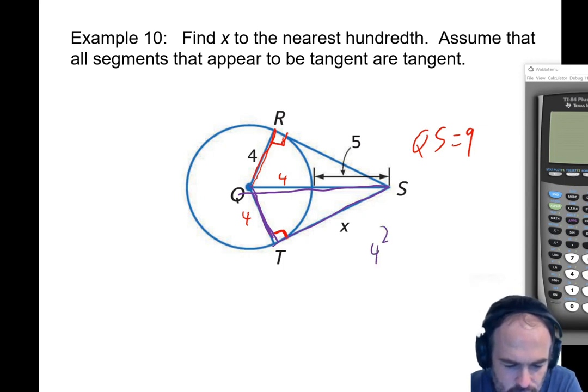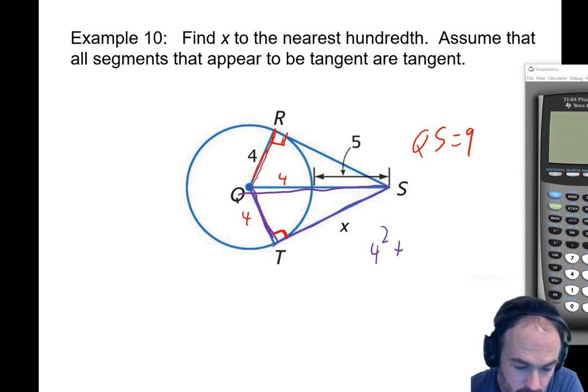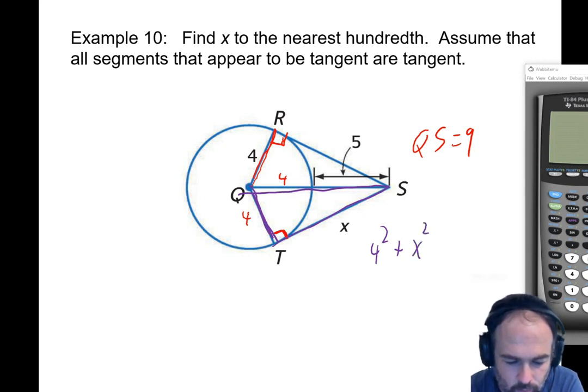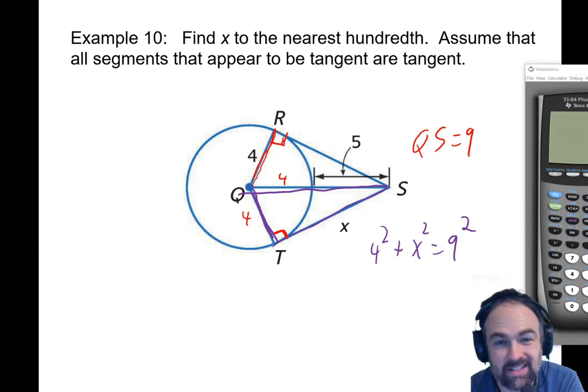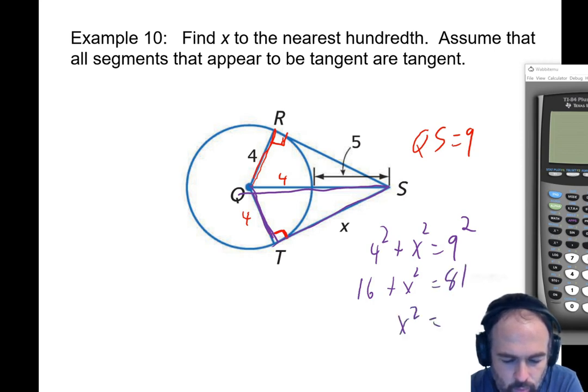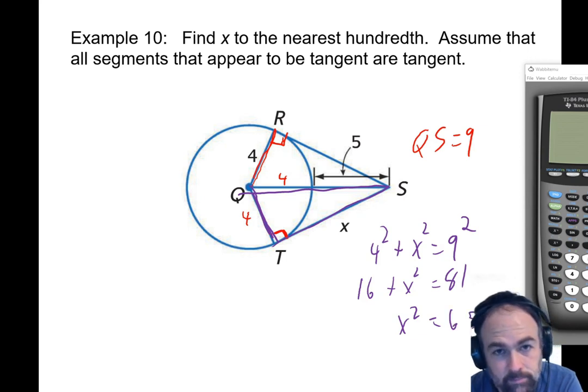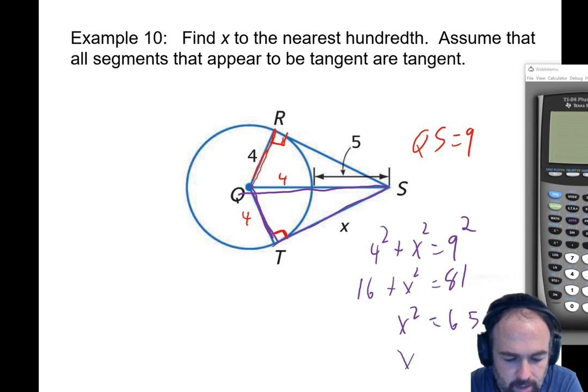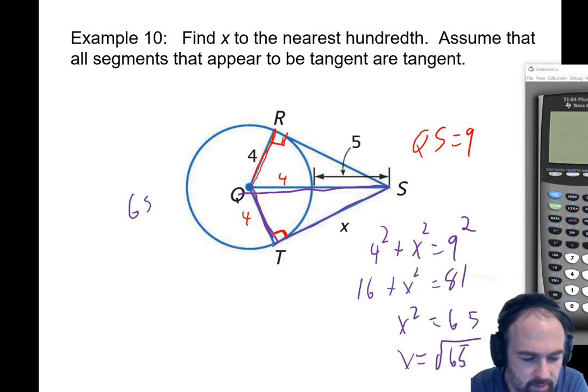So I've got 4 squared plus, whoa, I'm sorry, 4 squared plus x squared equals 9 squared, because 9 is going to be the hypotenuse. So we got 16 plus x squared equals 81. x squared is equal to 81 minus 16, 65. And then x equals the square root of 65. And let's see, 65, how does that break down? That's going to be 5,